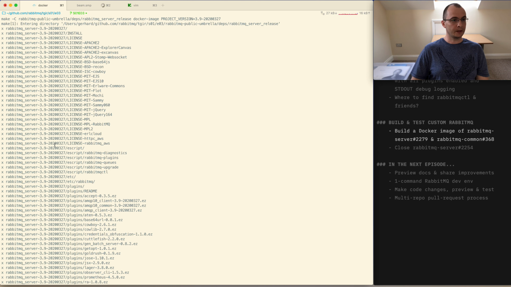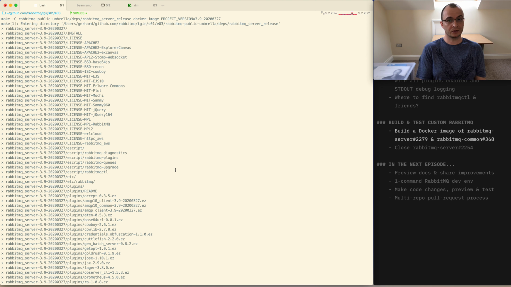And the generic Unix package in this case has already been created because I ran this command before. In your case, it will compile all the files which need compiling. It will grab any extra dependencies which are missing, and it will create a tar.xz, an archive of all the